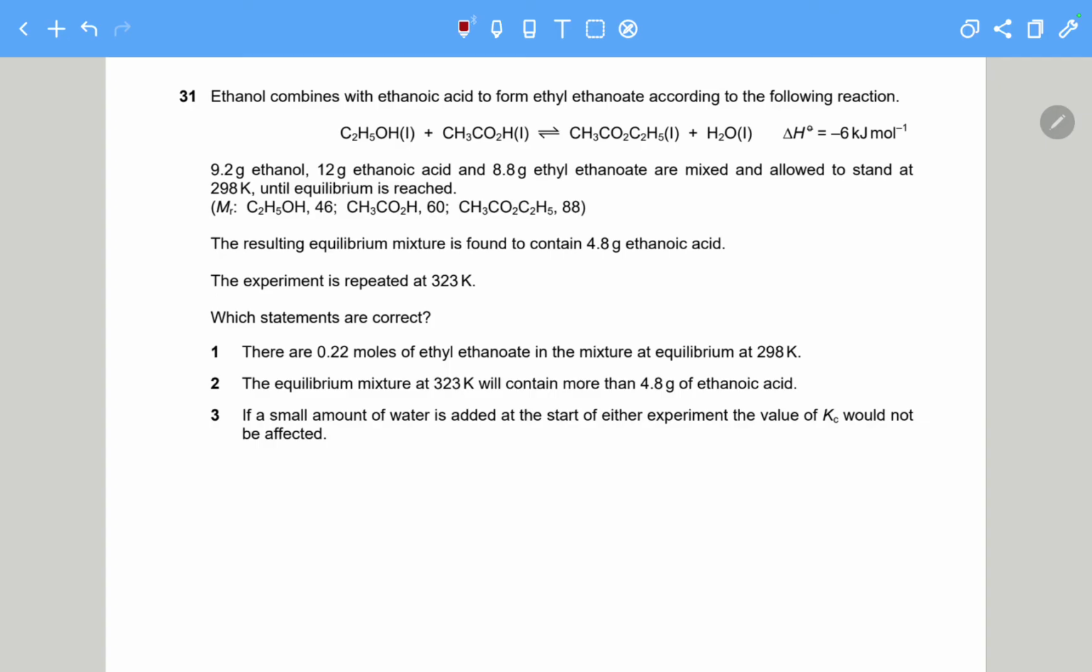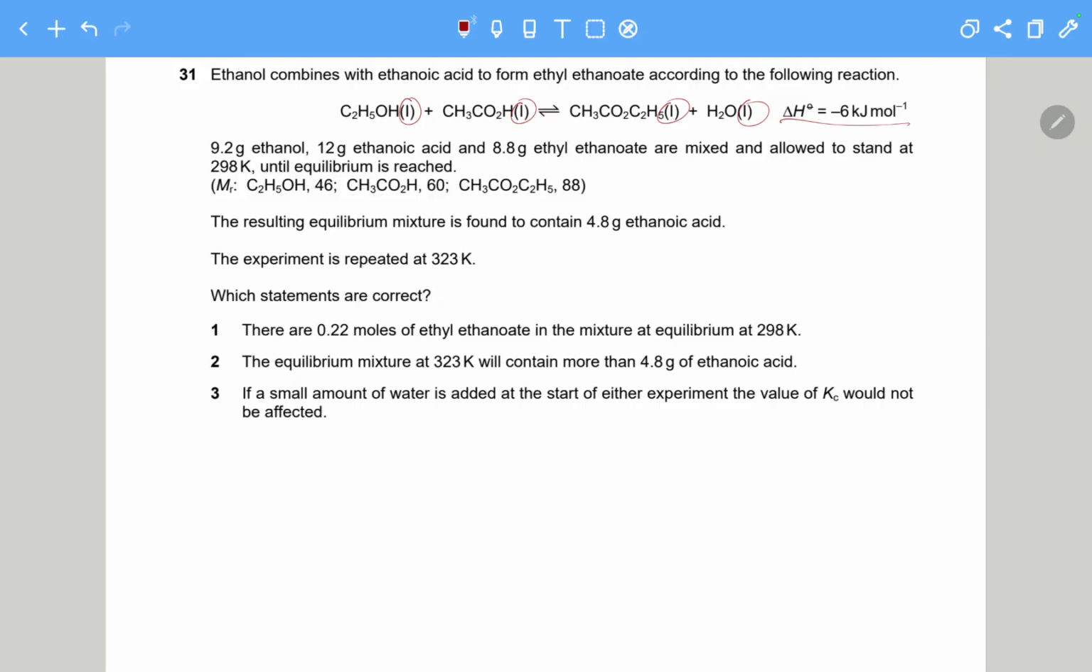Ethanol combines with ethanoic acid to form ethyl ethanoate according to the following reaction. So this is an esterification reaction, should straight away come to your mind. What all details are there? It's exothermic, and we have this reaction happening. And what we see is that they've used pure liquids and not aqueous solutions. And I'm just pointing these small details out because we should be prepared for anything that they ask in the question. So 9.2 grams of ethanol, 12 grams of ethanoic acid, and 8.8 grams of ethyl ethanoate are mixed and